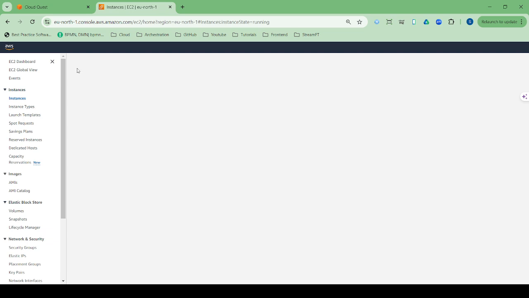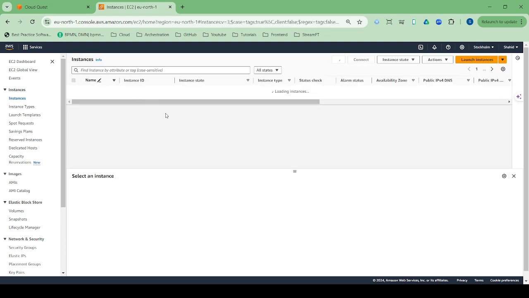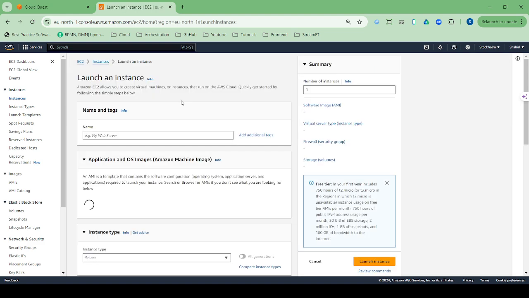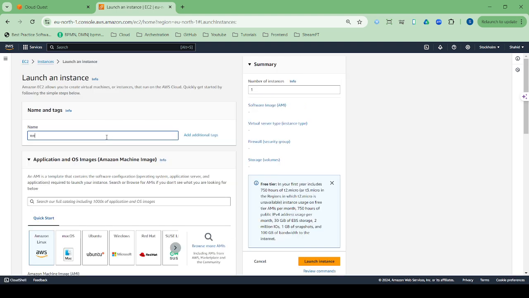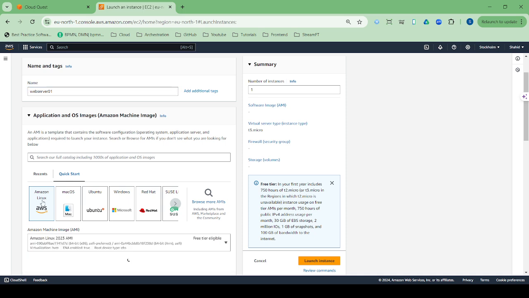Okay, there is no instance available. It's in progress. You can see no instance. Definitely I will go to launch a new instance. I will name it web server 01, and we will select our AMI,